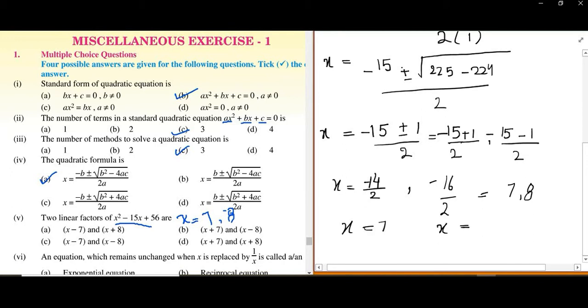But you notice in MCQs, these are not after the equal sign. These are before the equal sign. So we can write it as, if I shift 7 to the left side, it becomes minus 7, and this becomes x minus 8. So x minus 7, x minus 8, the C option is correct. C option is correct. There is a positive sign. Okay.